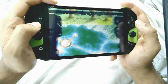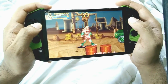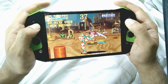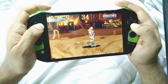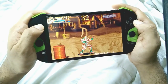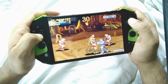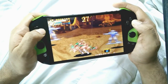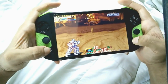So the keys are automatically mapped. I'm using the standard Happy Chick emulator to run this arcade game. And you can see the colors really do pop. The diagonals work fine. As you can see, I'm moving diagonally. Alright, so as you can see, it works fine. The 54 hertz screen does not really make the game any slower in most cases, and it's running full speed here. So let's back out of this